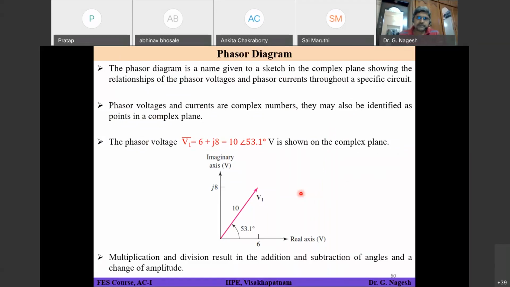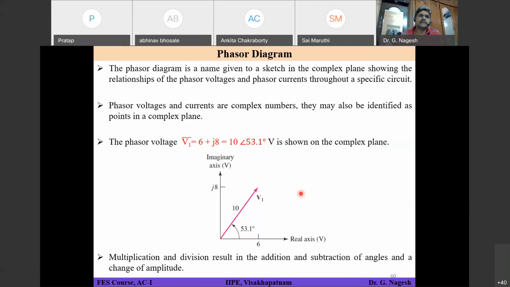We have seen what a phasor is and how to apply different techniques. These phasors are used in the circuit, and we have applied different techniques to analyze our circuit. Now we'll briefly go through the phasor diagram. Whether it's a voltage or a current in your circuit, these all are phasors, so all these phasors can be drawn on a graph. That is basically called a phasor diagram.